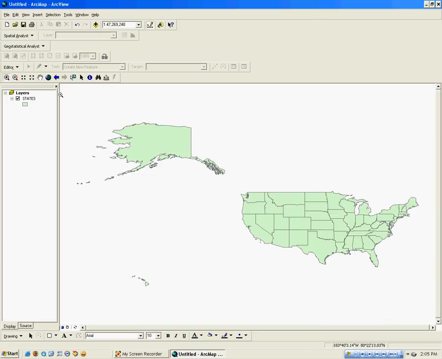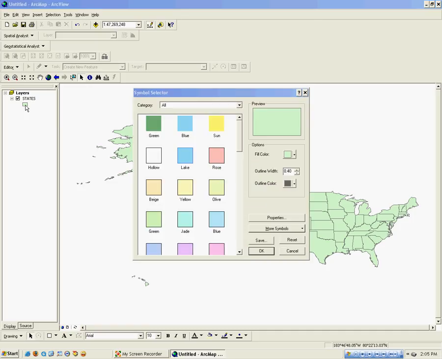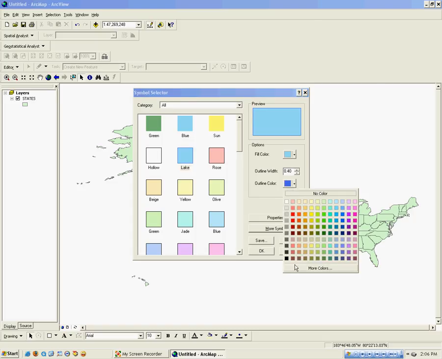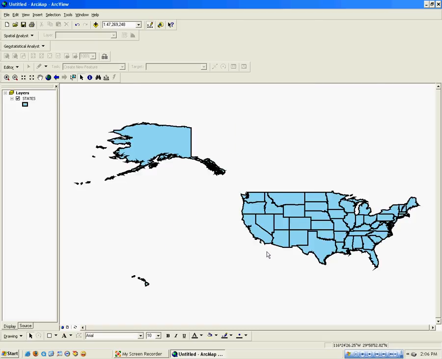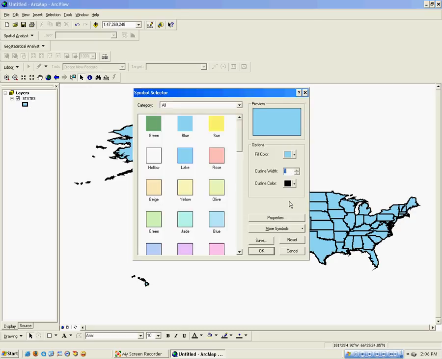Now there's a lot of things that you can do with ArcMap. If you want to change the color of the polygons, you just double click and you can change it from olive to blue, and you can also change the outline color to black, and you can make the lines thicker. There's a lot of properties that you can play with over here. So let's say we're going to make it blue, and that's what happened. Probably the lines here were too thick, so we're just going to bring it down to 1 again,